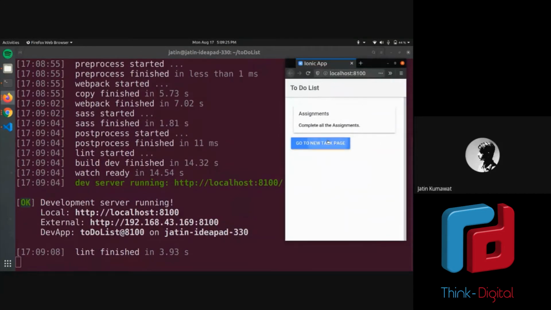If I click, nothing will happen, but if you can see, there is a slight white line moving out, an animation thingy. That is again CSS from Ionic. I do not need to do anything. If I were developing using Ionic Storage or Kotlin, then I would have to work on that. So now I have a button. Now I will put a function to navigate to the new task page.